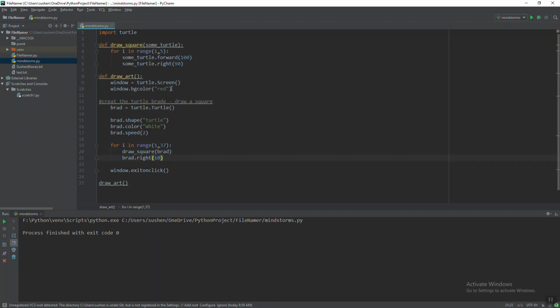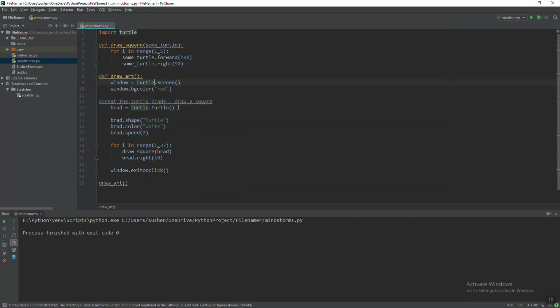That's all. I called a loop, I gave it a name, it will draw a square, and I made another loop, it will draw 37 squares, and it will shift 10 degrees each time. That's all. And the other properties remain the same, just like it has a window screen and color,